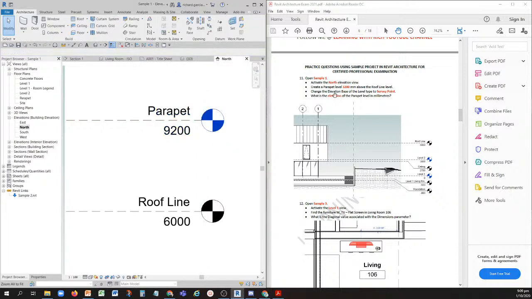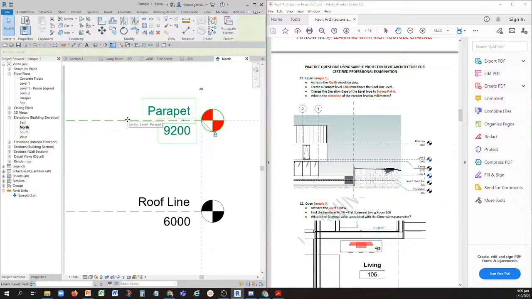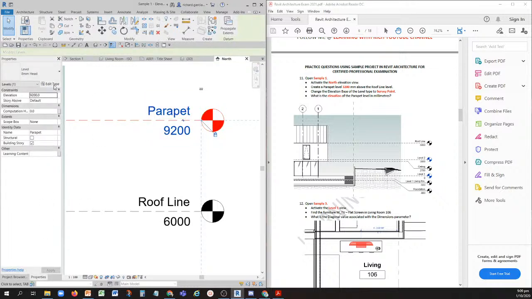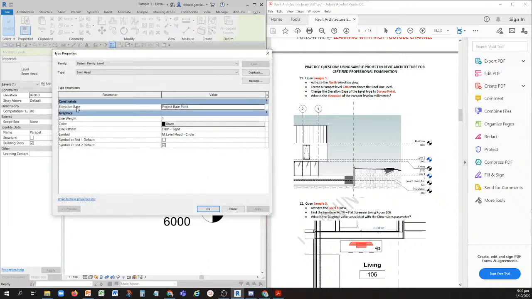Alright, and then change the elevation base of the level type to survey point. So how to do this? What you do is select the level, and then you go to properties, and then you go to the edit type. So you click edit type, and then you change the elevation base to survey point. Currently it's project base point. So you click the drop down arrow, you select survey point, and then select OK. So just click that one,